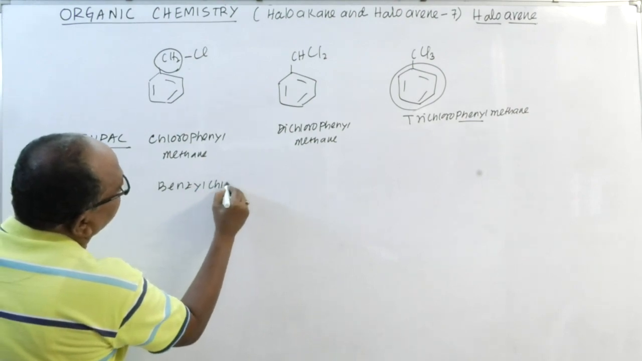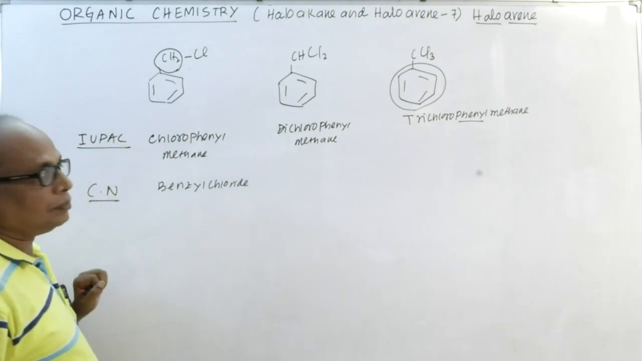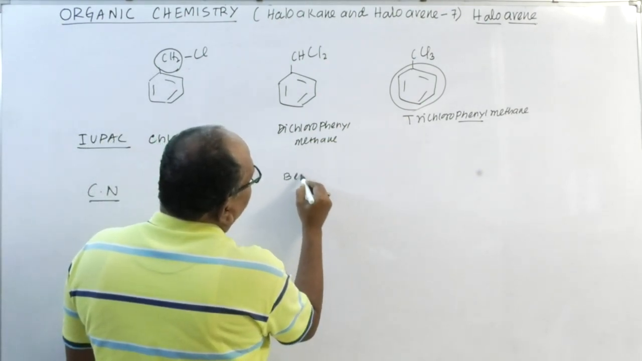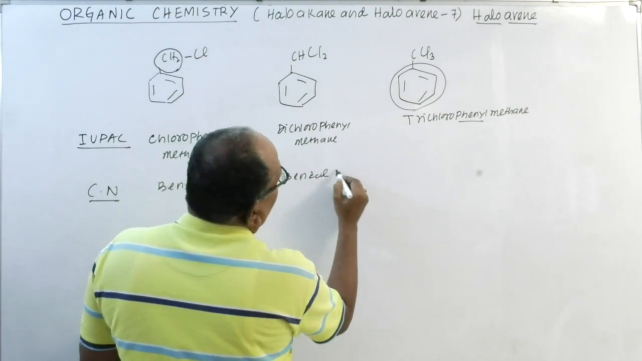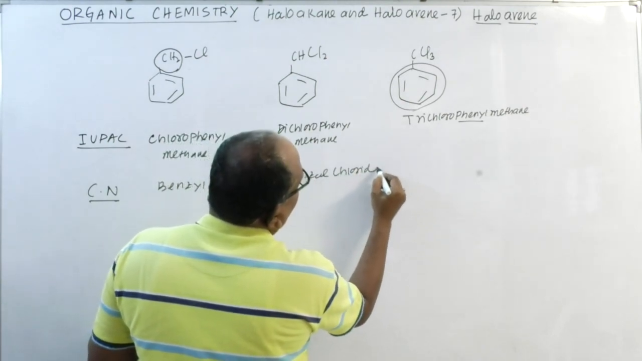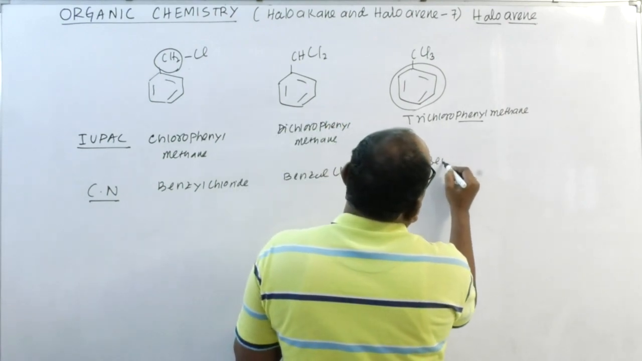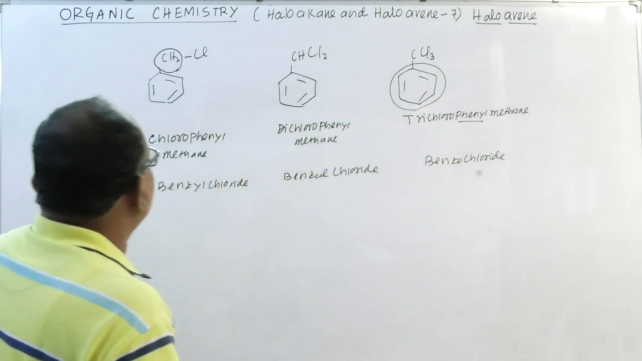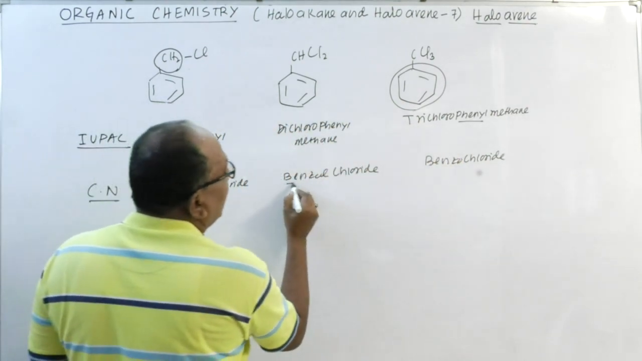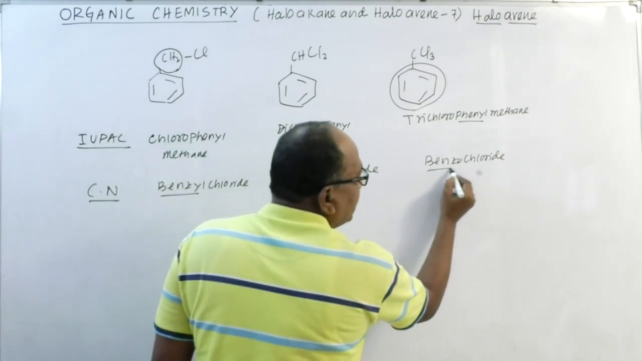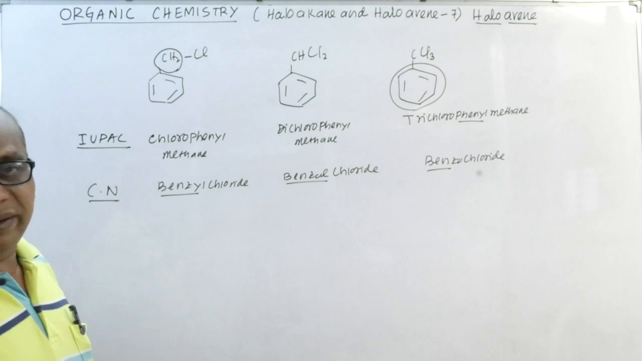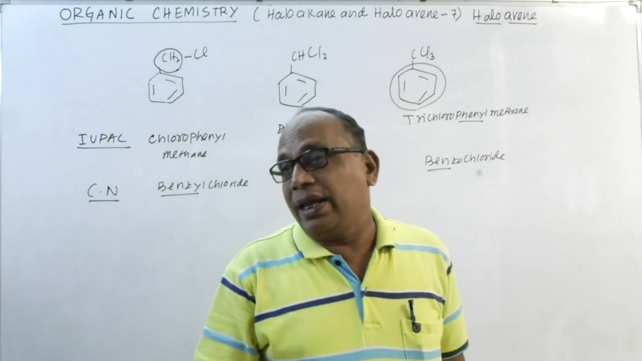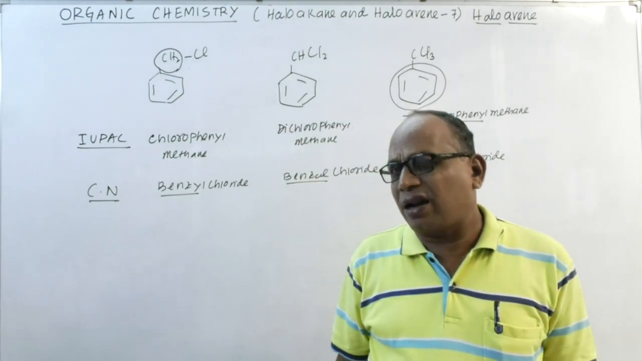benzyl chloride, and this is called benzyl chloride, and this is called benzo chloride. This is monosubstituted benzyl. Benzyl means disubstituted, and benzo means trisubstituted. Okay, students, this is our haloarenes, and their classification, they are classified as mono, di, tri, depending upon number